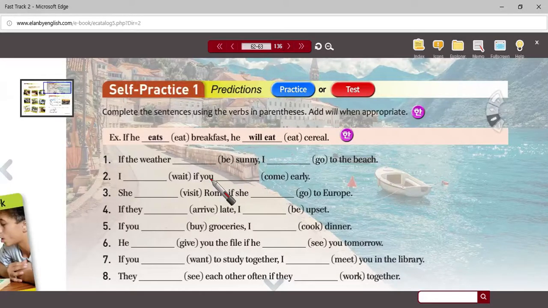So in other situations from numbers 1 through 8, sunny weather, arriving late, coming early. But notice the grammar that we have studied so far, or how the language works with each of these situations. All right, so just fill in the blanks. Shouldn't be too difficult, but we'll do a review when you are finished. So press pause, do the activity in your book, and then we can continue.